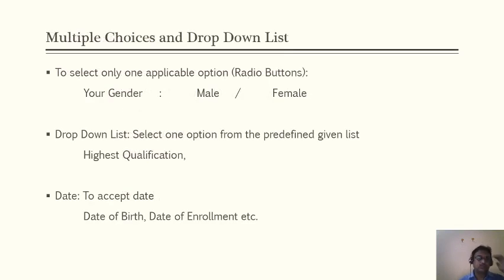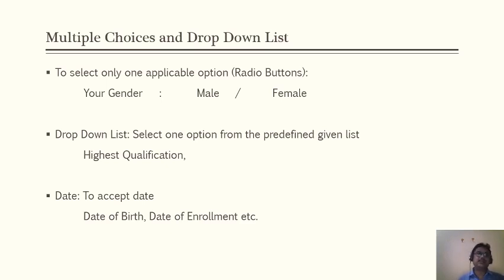Multiple choice question. As with the checkbox previously, the user is free to select multiple checkboxes, whatever ID cards they may have. But sometimes we have to let the user select only one option from the available options. In that case, instead of the checkbox, we may go for multiple choice. Multiple choice is a field in the Google form. It works as radio buttons. With the help of radio buttons, only one answer can be selected at a time. In the case of checkboxes, the user may select multiple options.